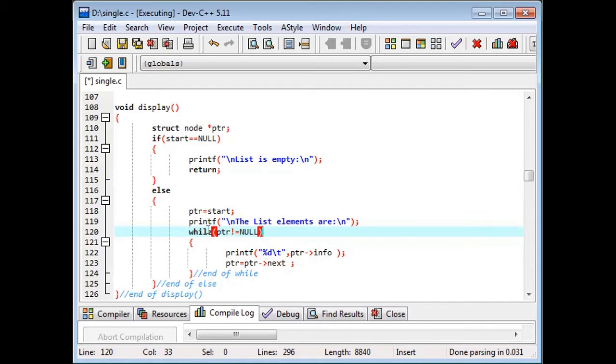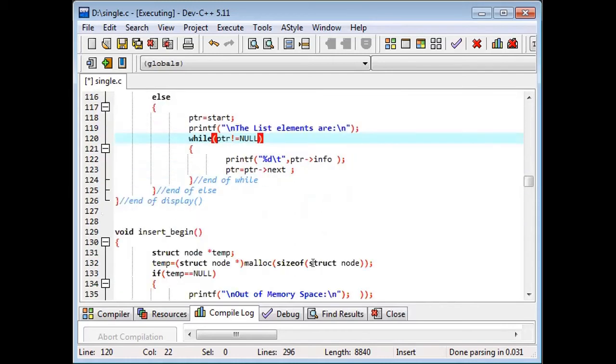With the address of the second node, once again it will come to the while statement and check whether it is null. If null, stop; but if not equal to null, it will print the data of the second node. After printing the second node's data, it will move to the address part of the second node. This process is repeated until the PTR becomes null and it will print all the nodes. Okay, that's about displaying the content.